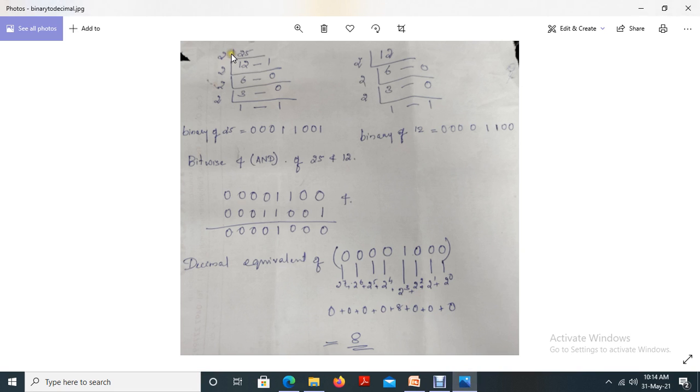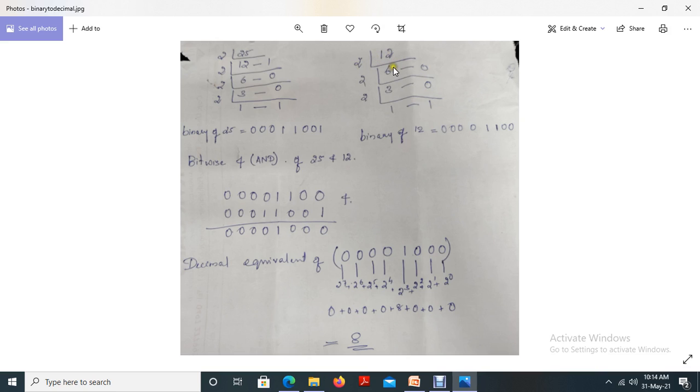But in this case we are going to do the operation with 25. 25 is greater than 15, so we have to take 8 bits for both the two values, 12 and 25. 25 is greater than 15, so we took 8-bit calculation. So automatically 12 also we have to consider for 8-bit calculation.